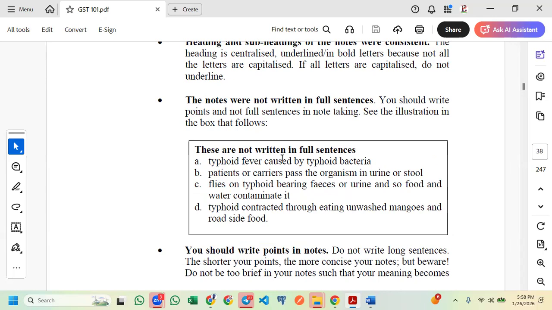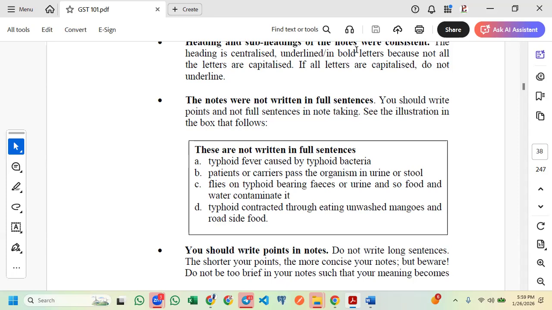Now, these are not written in full sentences. For example, typhoid fever caused by typhoid bacteria. Patient or carriers pass the organism in urine or stool. Flies on typhoid-bearing feces or urine, and so food and water contaminated. And so what I'm just trying to say is, for instance now, you know that when I explain heading and subheading should be consistent, you can see the way I was explaining it, telling you if